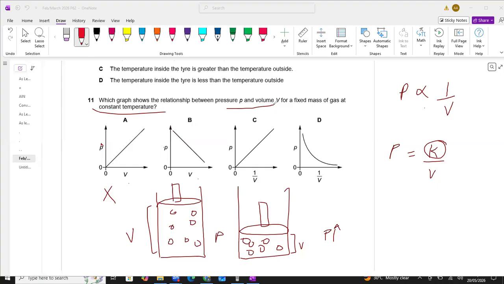Now there is a confusion. The confusion is that in option B, P and V show a straight decreasing line, and in option C, they are taking 1 upon V, which is basically the right relation here, versus P. So basically, which one is the correct answer? It is difficult to identify, B or C. Which one is the correct answer, students? Inaya is saying B. What about the other students? B or C?